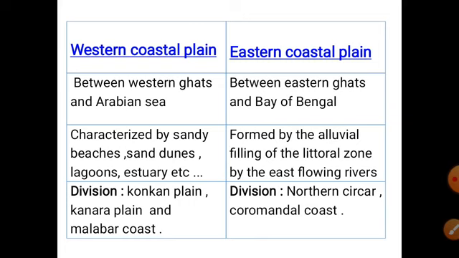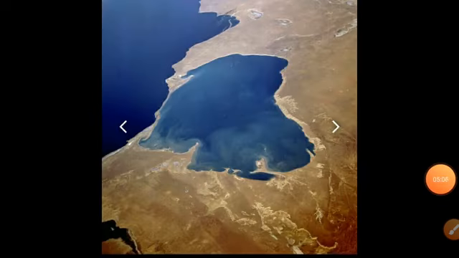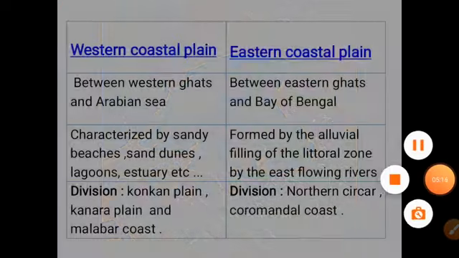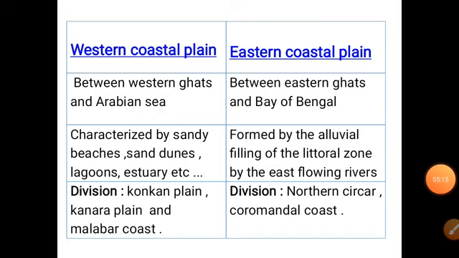The western coastal plain is characterized by sandy beaches, sand dunes, lagoons, which means small saltwater lakes separated from the sea, and estuary, which means the mouth of a river where it enters the sea through a single channel.